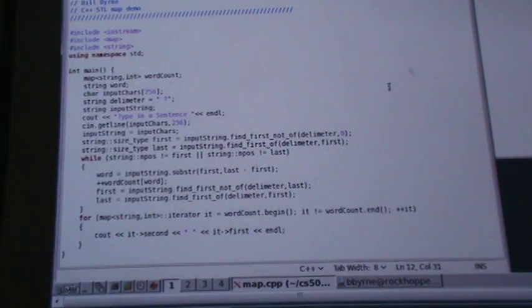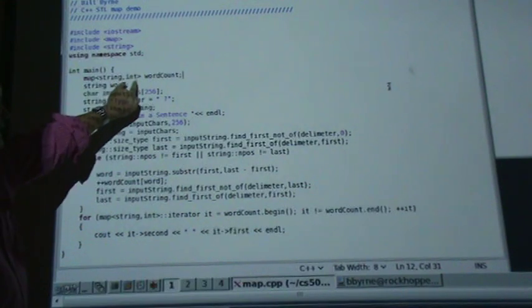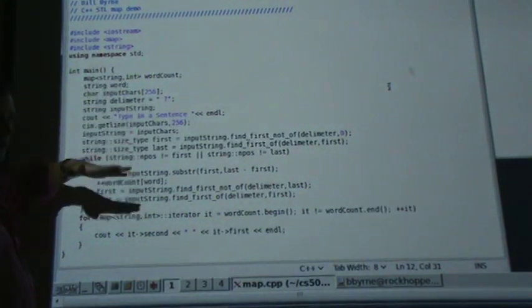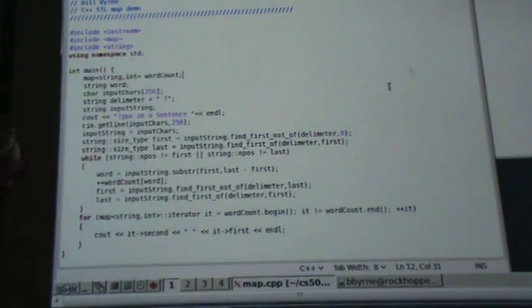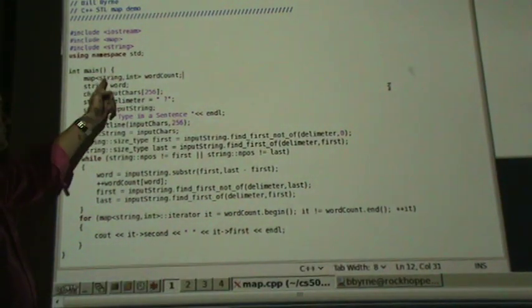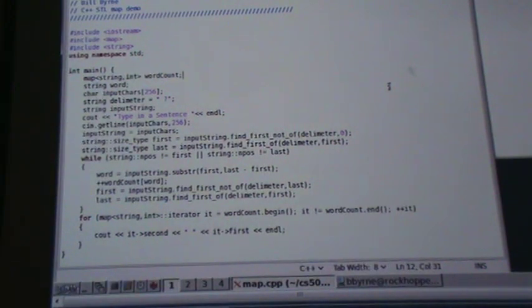A map basically says you declare, we're using the map template. It takes in 2 types. The first type ends up being a key, like a unique field, and the second type is not a key. With the second type, you're basically saying, I am mapping the first type to something of the second type. So for example,